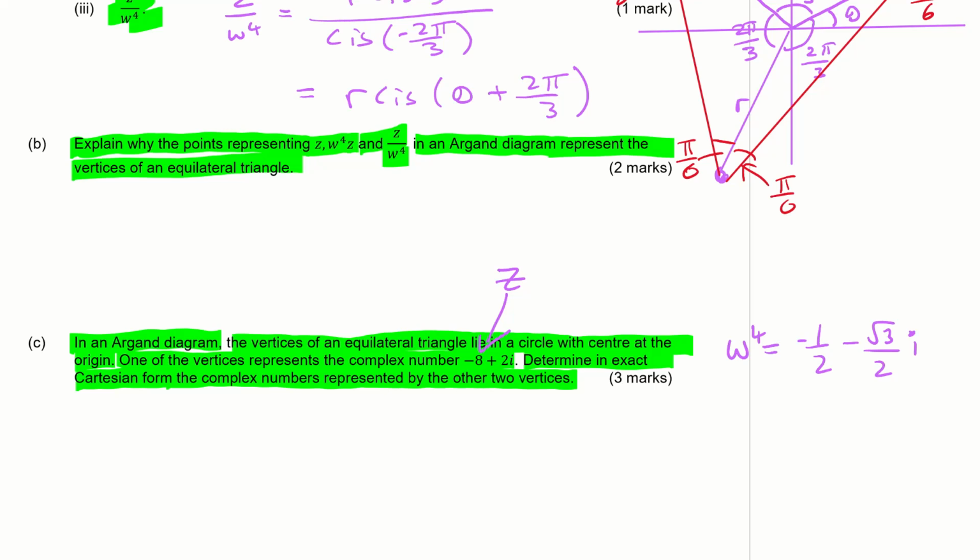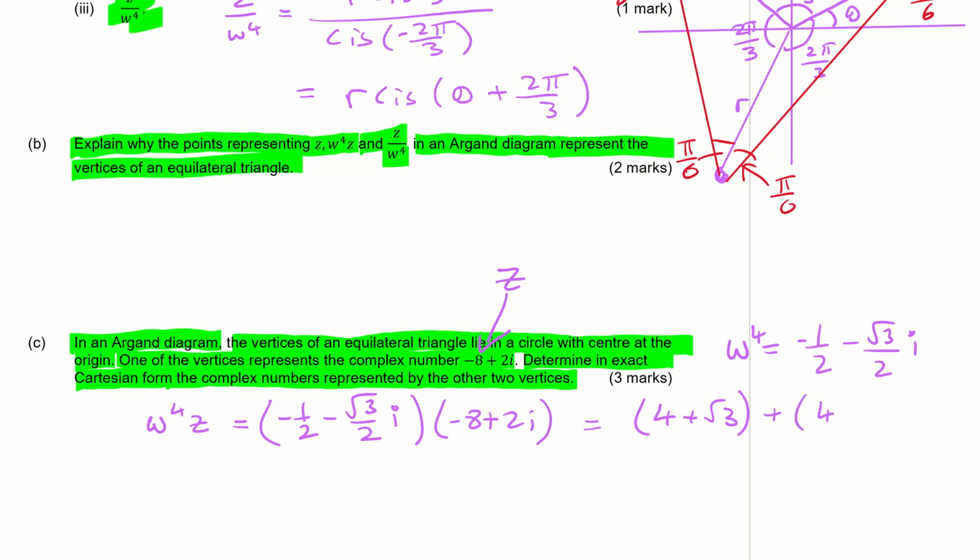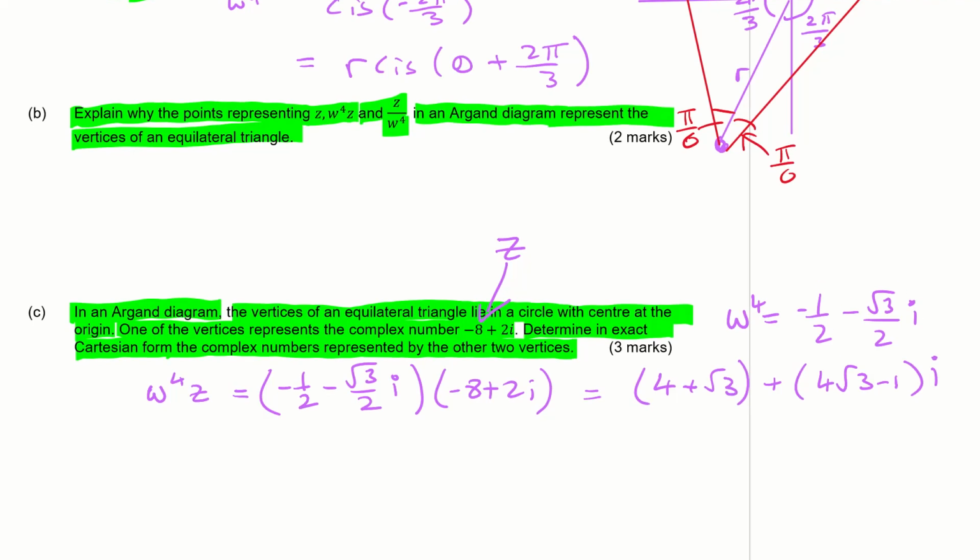So w to the 4 z is going to be negative a half take away root 3 on 2 i, and multiply that by the negative 8 plus 2i, and without doing all of the algebra here, it's going to be (4 plus root 3) plus (4 root 3 take away 1)i,